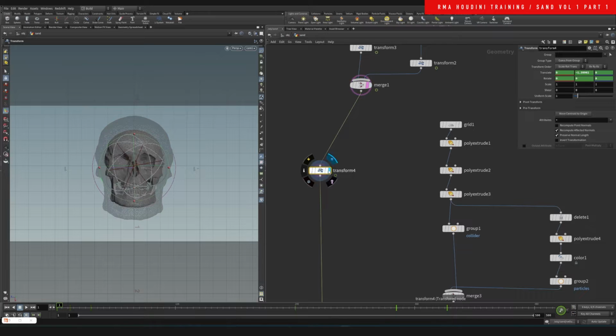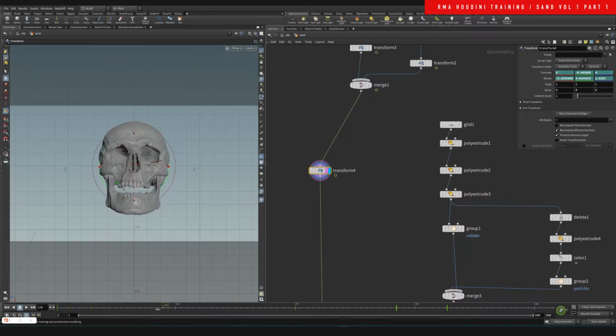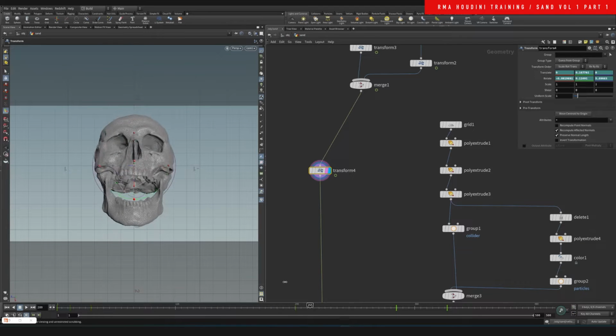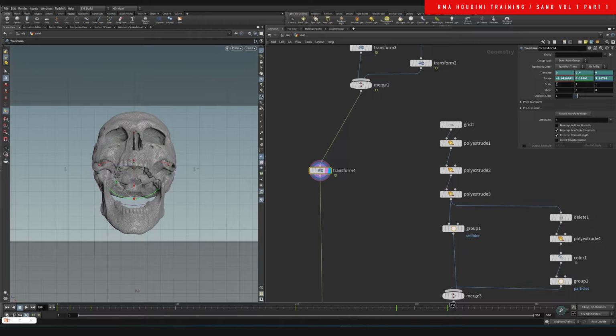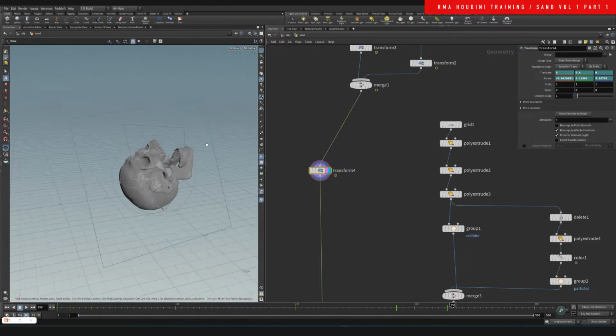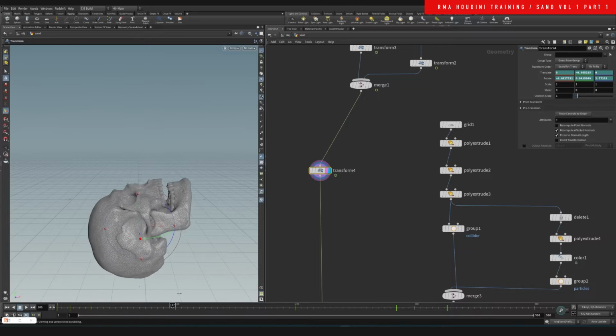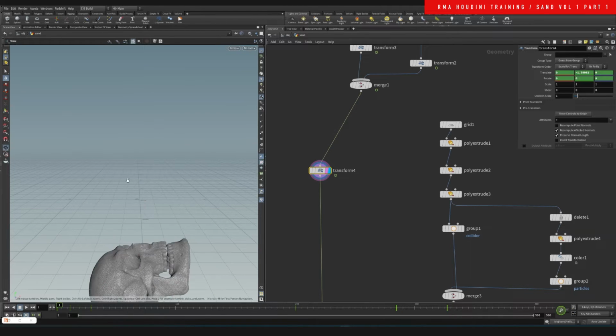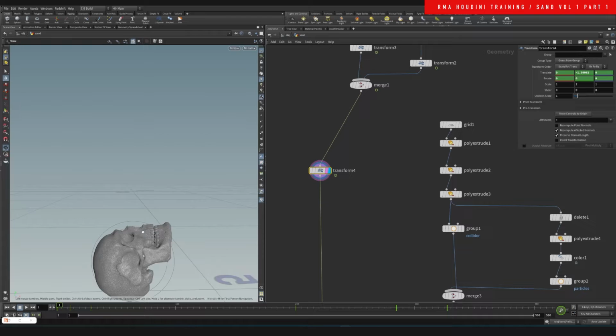Following this, we have one more transform. And what this transform is doing, it is pushing the skull up on the y-axis, right? So same thing, I'm just animating it here, and I am animating a tiny bit of rotation. Why? Because the idea is for our setup,